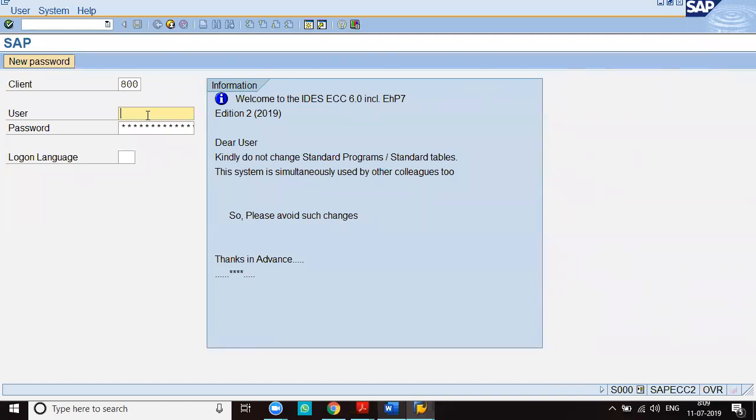The user IDs are created and given to employees by the basis consultants.